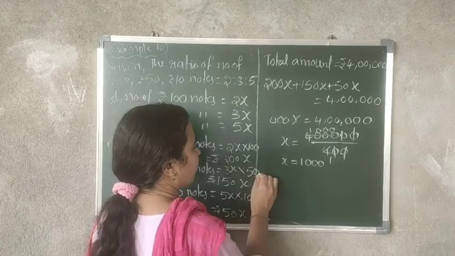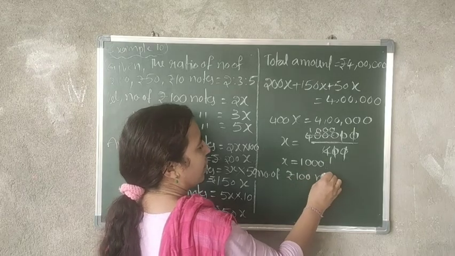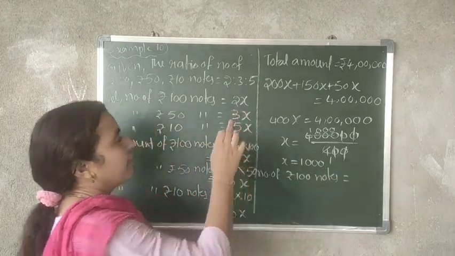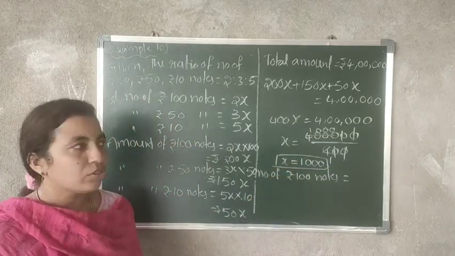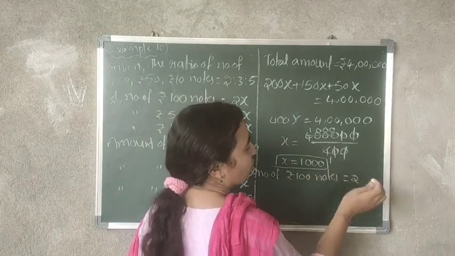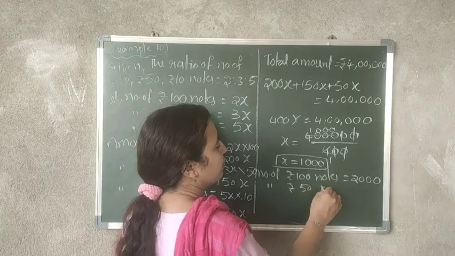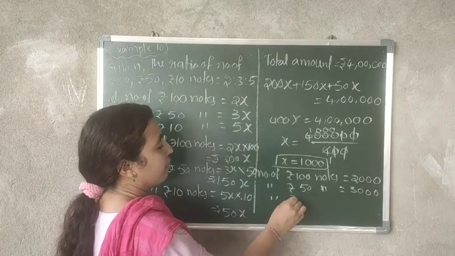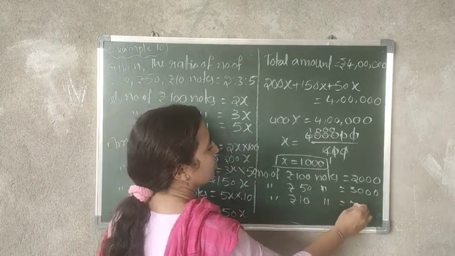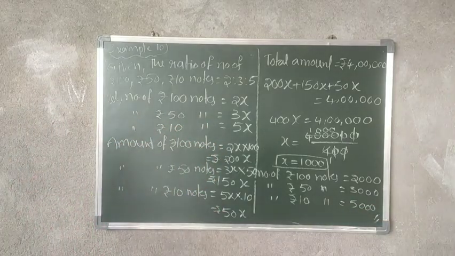That means how many number of 100 rupees notes does he have? See how many he has? 2x. But x is how much? X is 1000. Sorry. 2x means 2000. Number of 50 rupees notes, 3x means 3000. And the number of 10 rupees notes, 5000. So this is example 10. That is example 10. And then I will explain